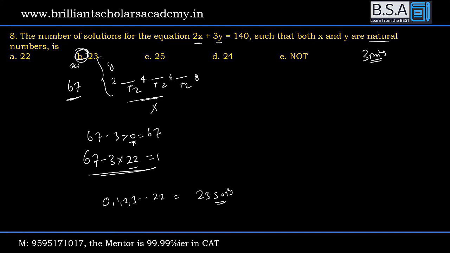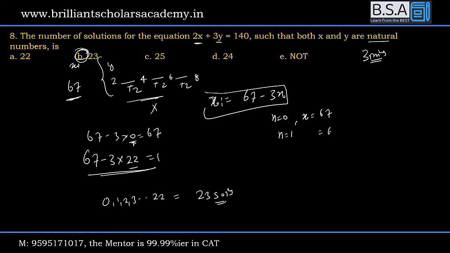What is general form of x? X integer is equal to 67 minus 3n. n अगर 0 है, x will be 67. I'm okay with this. n is equal to 1, 64. n is equal to 2, 61. n is equal to 3, 58. ये चलता जाएगा। हमारा क्वेश्चन था हाउ मेनी वैल्यूज कैन n टेक।